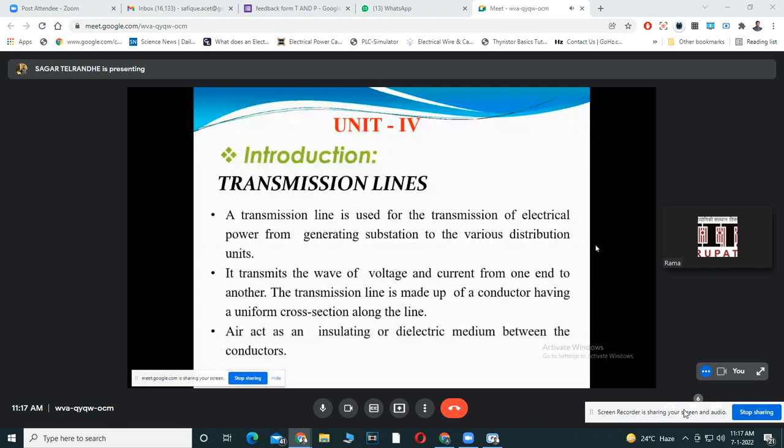So if this transmission line is inductive and capacitive, we can say that the whole transmission line can be represented in a small circuit. And such a small circuit that consists of all the complete resistance, inductance, and capacitance, we call such a diagram or such a circuit an equivalent circuit. So in this unit, we will be able to form the equivalent circuits. So now let us move ahead.